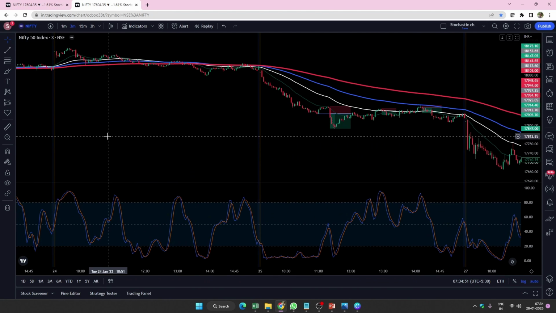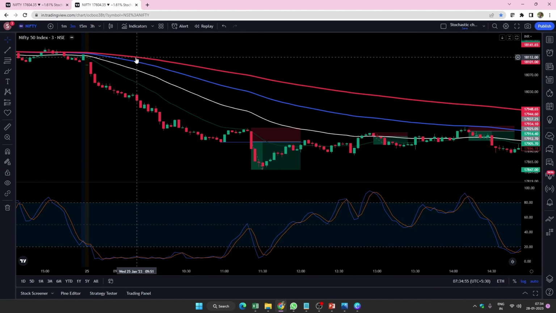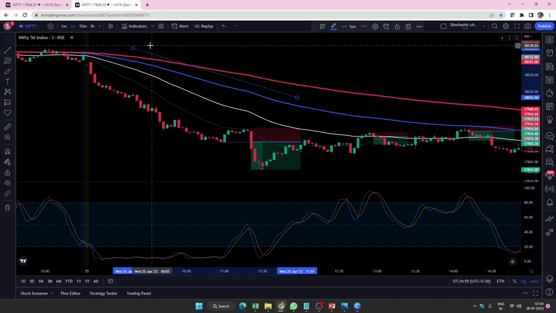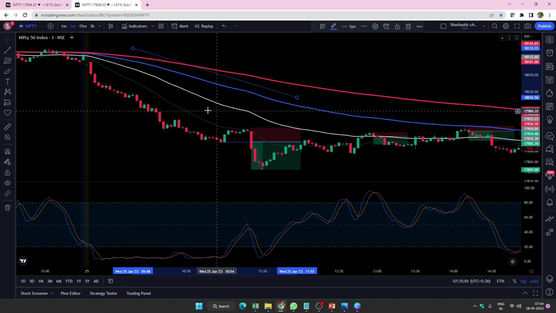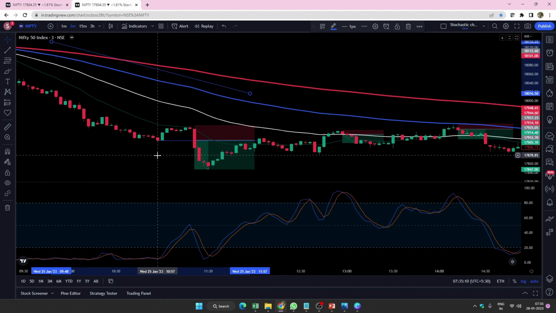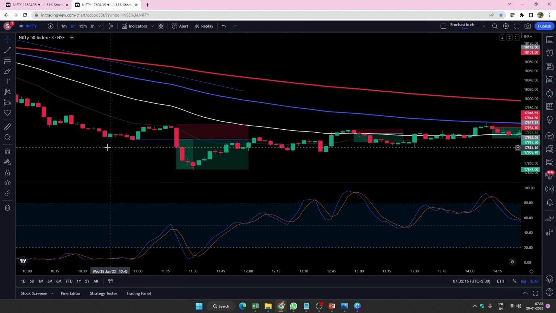Now we will move into the entry points, how we take the entry. For entry, your 20, 50, 100, 200 have to be sloping, aligned between 30 degrees to 60 degrees, which means we are trending in a bearish market. Now you can see on Friday we were in a bearish market and it continued to fall. And now under the 20 moving average,